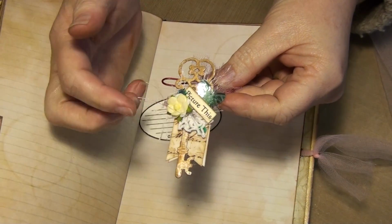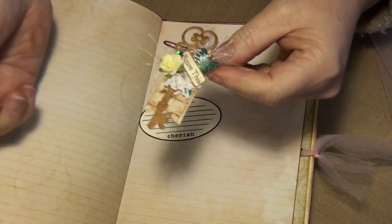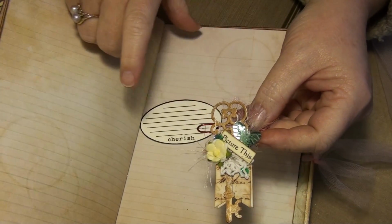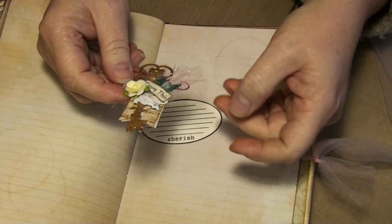So I had the Sizzix key. I think it's Sizzix. I'm pretty sure it is. And I cut it out twice of some scrap manila, because when I cut these down, I have strips of the manila. So I don't throw those out. I usually use them to make my little embellishments with. And then